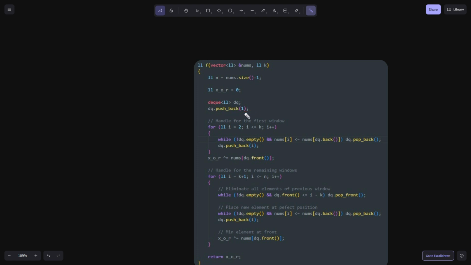And since we want to insert the index instead of the actual element, that's why here I have pushed the index of the first element, which is nothing but 1. So after the DQ is initialized like this, we will handle our first window, and since we have already dealt with the first element, now we have to move from 2 to k. So we will check if DQ is not empty and the element that we are inserting is less